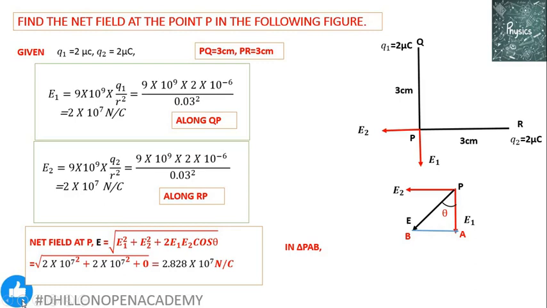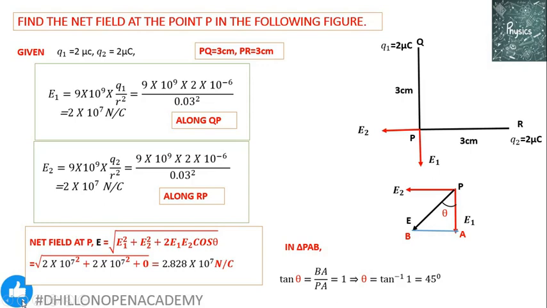So in this triangle PAB, if we find the value of tan theta, it will be equal to BA divided by PA, perpendicular over base. Because both fields E1 and E2 are same in magnitude, the ratio comes out to be 1 and theta comes out to be 45 degree. This is what we have already learnt